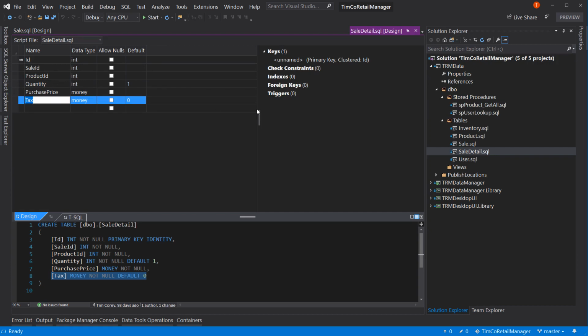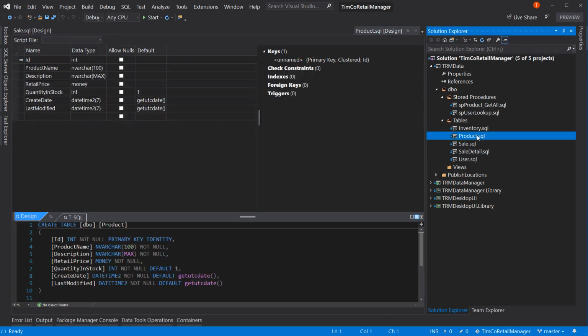However, we don't have anywhere in this product table that says whether this is taxable or not. And this is one of the suggestions that came up. I'm going to do a suggestion video, but this one's a pretty big one. And that is that not everything is taxable. So there's some things that are and some things that aren't. And so we need